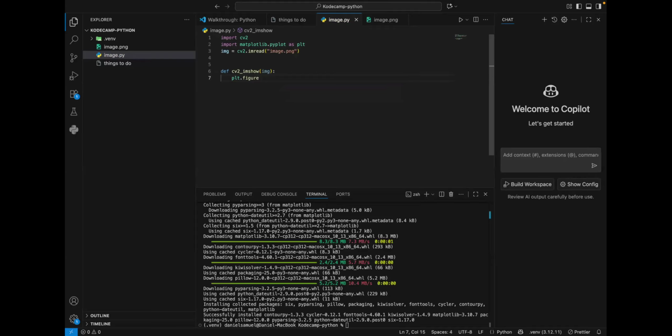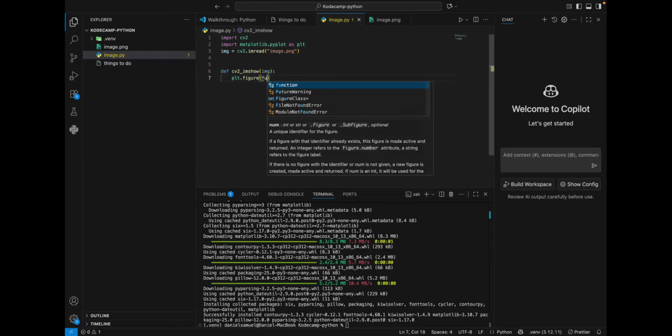So to do that, we set our figure size equals to 8 by 8. And then we just do plt.imshow,